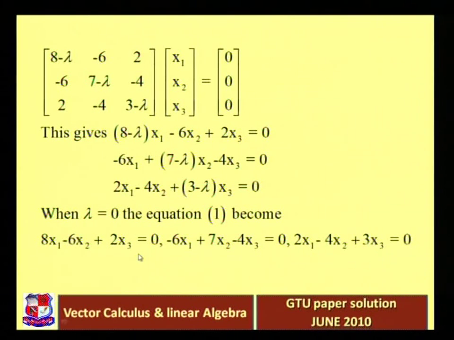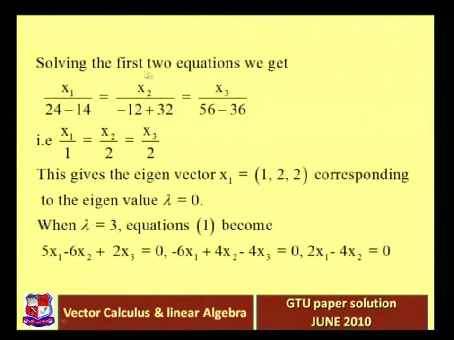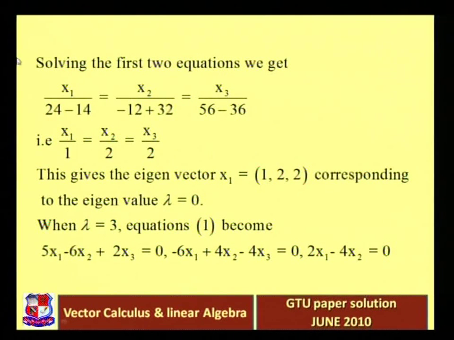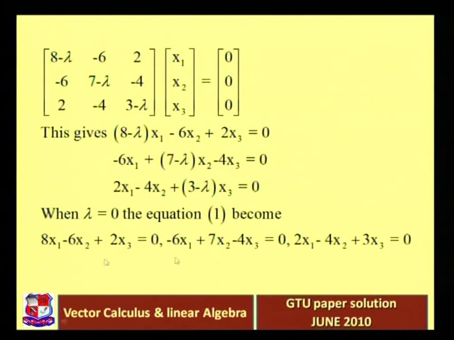So solving for x1, x2, x3 from the first two equations, right? From the first two equations you will get 1, 2, 2. The values of x1, x2, x3 are 1, 2, 2. We are using Cramer's rule here. To find the value of x1, solving the first two equations, the determinant of minus 6, 2; 7, minus 4. So you will get minus 6 into minus 4, that is 24,